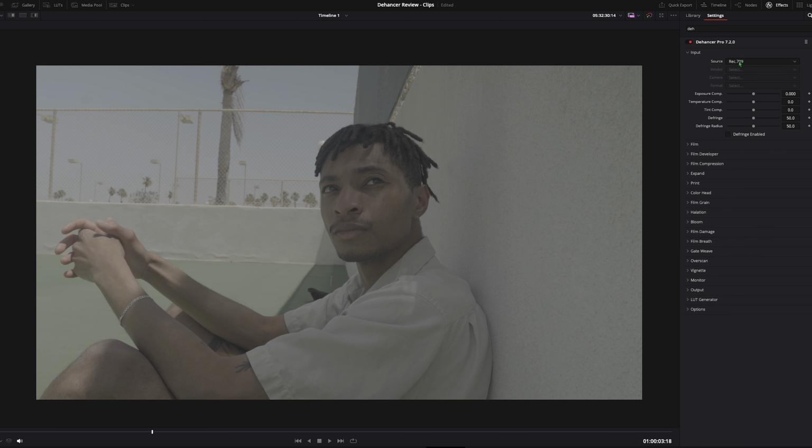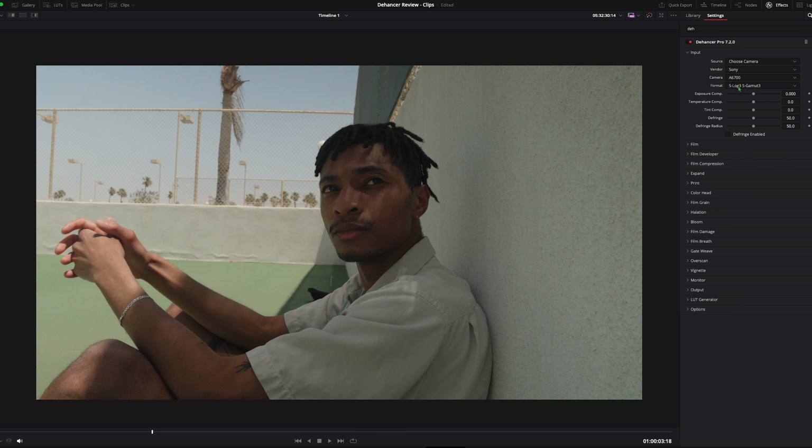So the first thing you want to do is select an input. I like to select the camera that I use, so I choose the camera. I select Sony, and then I have the Sony A6700, great camera if you're starting, and then I use S-Log3, S-Gamut3.Cine. As you can see, you can get Rec 709 as easy as that with just a couple of clicks